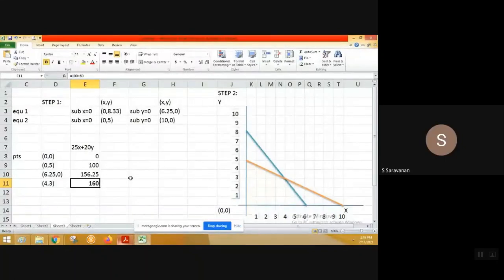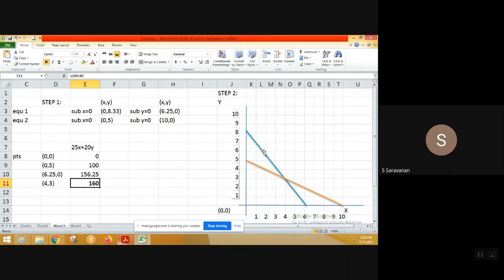Okay. So this is one of the simplest problems to start with. In this equation, both are less than or equal to. The only mistake we make here is in identifying that common area. As I said, the word itself is common. It should be common for both the equations, equation 1 and equation 2.